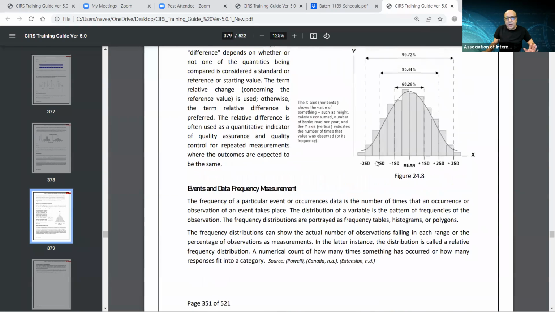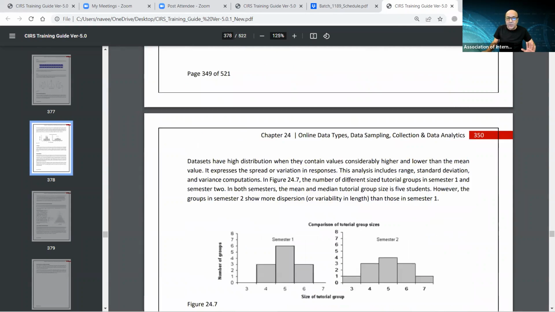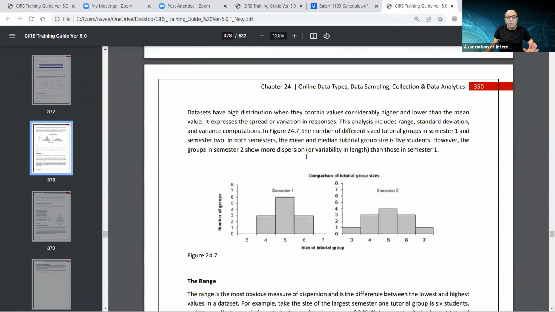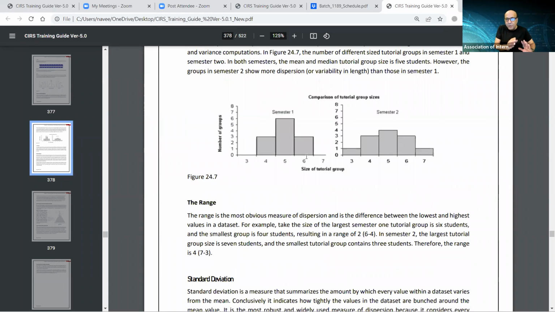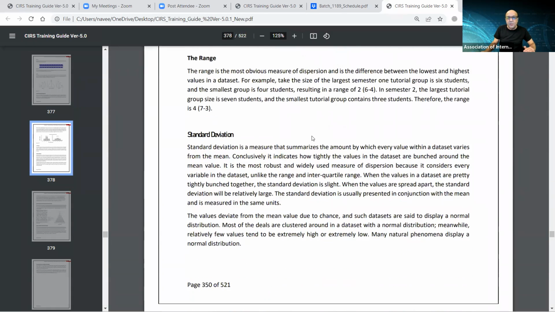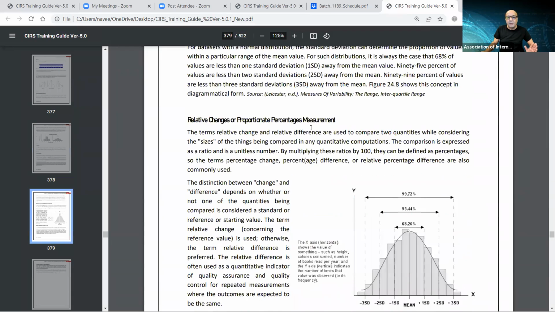So you're not going to calculate standard deviation. You're not going to calculate anything to do with dispersion. It's just the knowledge of it; if you read it even once in the book, that's sufficient. Even in the book, you would see that these are all descriptive theories.